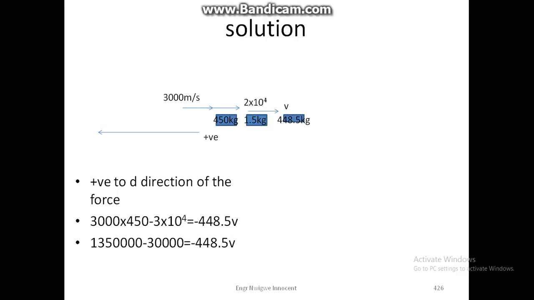Then, making our subtraction, we have 1,320,000 is equal to 448.5 velocity. Making velocity the subject of the formula, we have